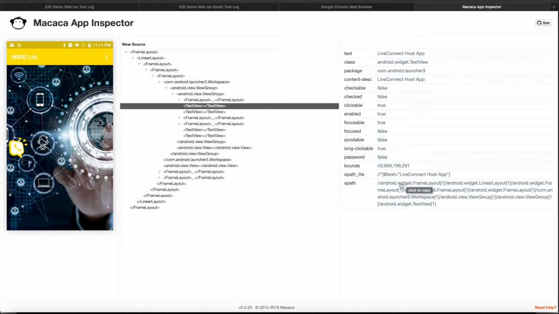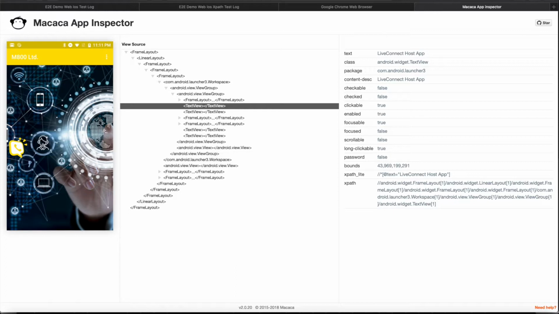When you, for example, want to copy the XPath, you see a pop-up fly over, and click copy. Just click, and you copy the XPath into your clipboard. So it's very easy to use, and you can copy it into your IDE or your code editor, so that you can easily use your element locator. Okay,